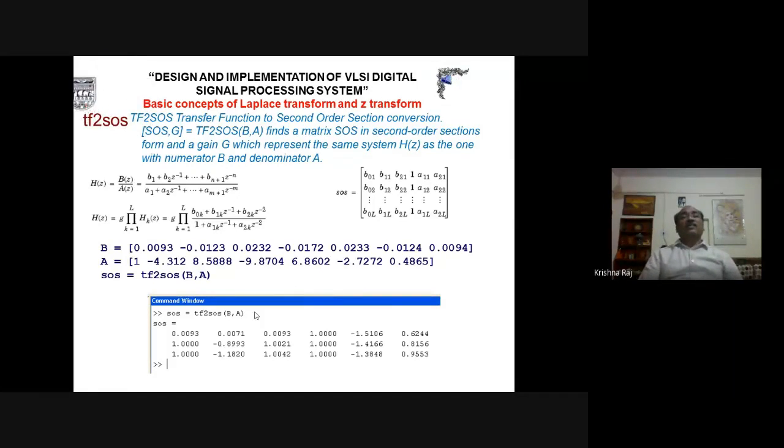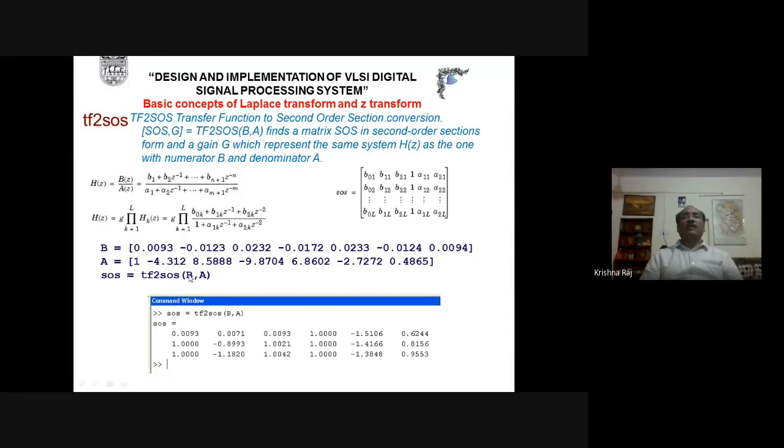So how will the second order sections be developed from the transfer function? Again, describe the inputs, that is the matrix B and the matrix A. Then apply here the operator. When we say this command, it is nothing but an algorithm, rules, regulations. When you tell someone to do something, whatever you say is the rules, regulations, that is the process. And according to those instructions, that person will perform. Similarly, the same is true in the case of systems also. This command is nothing but a process here.